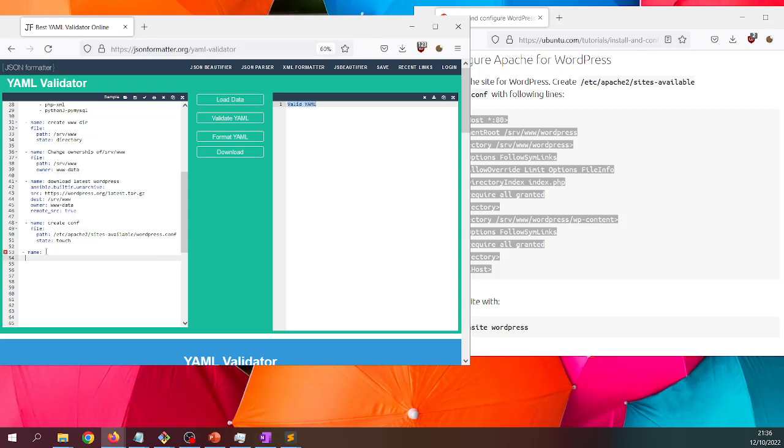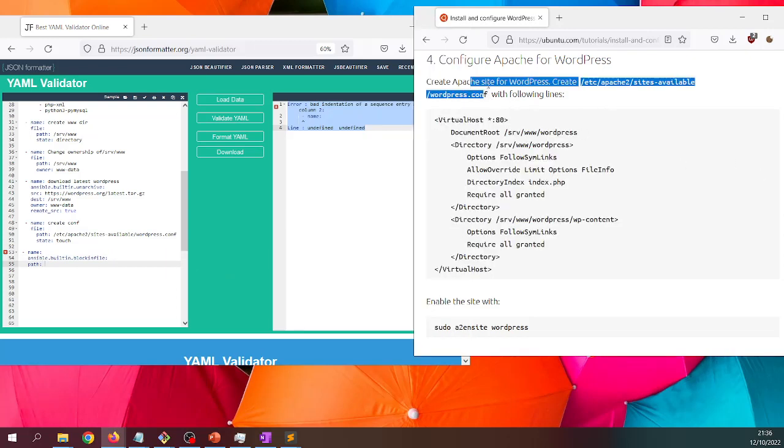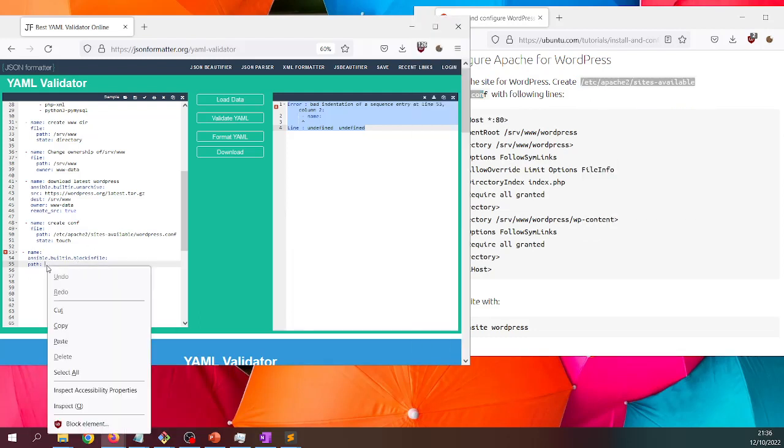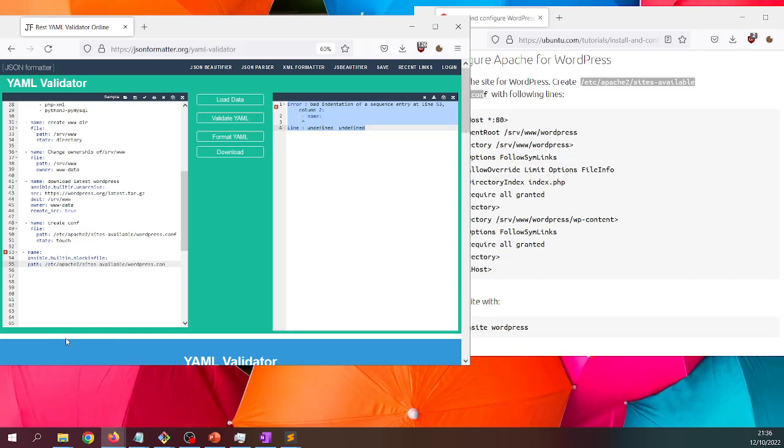Okay. And it has to go into this file here. And the block of text will be